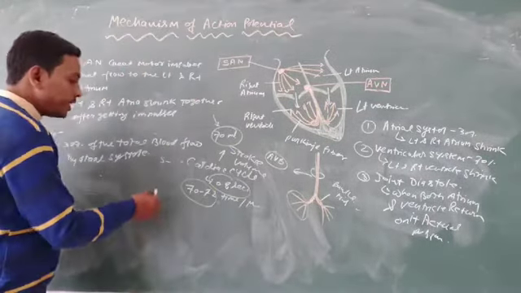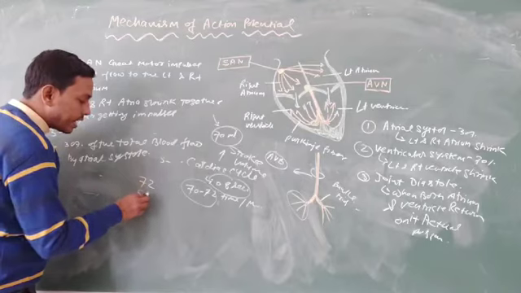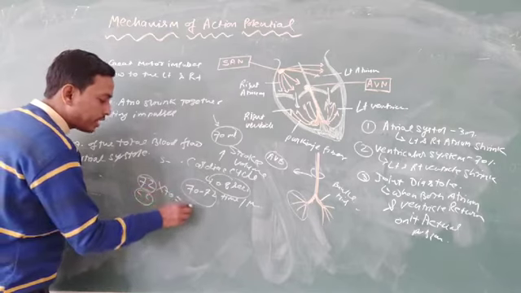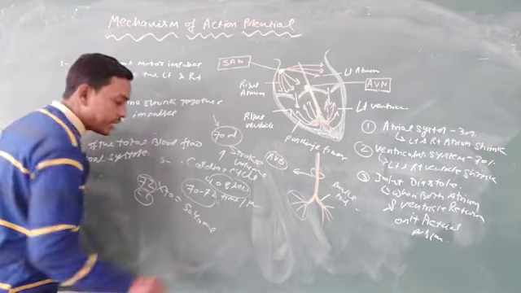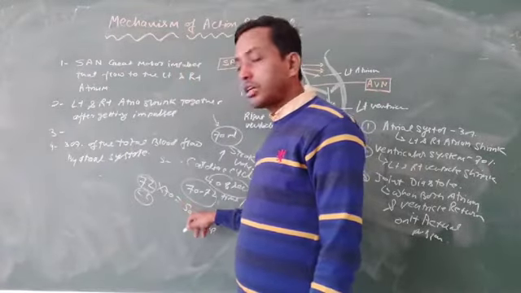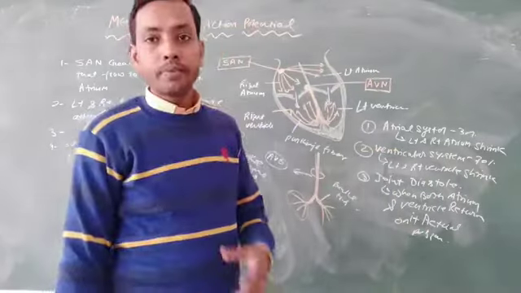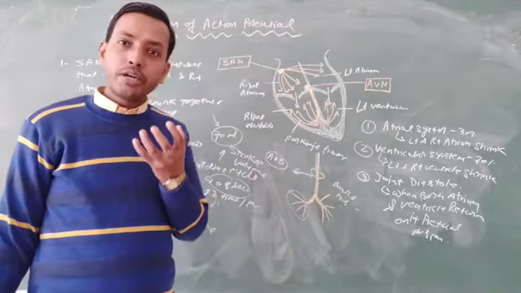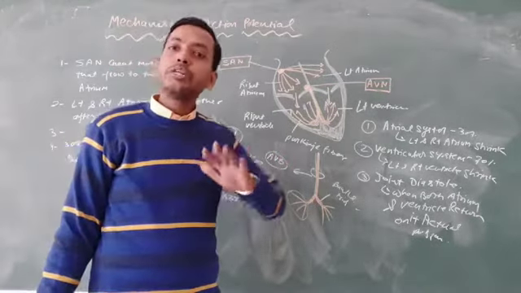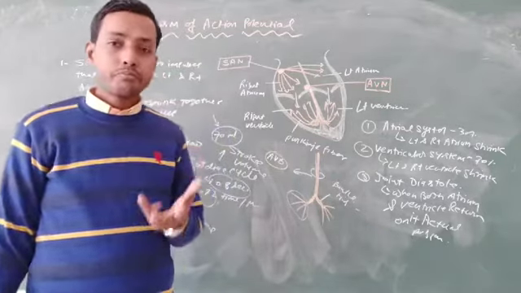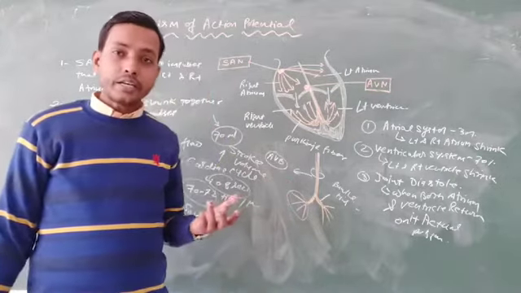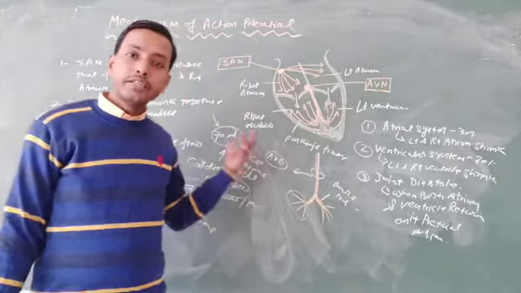Now you can calculate the total volume of blood pumped by the heart in each minute. Listen carefully. In each minute, 72 cardiac cycles are repeated. If you multiply 72 with 70, you get 5040 ml of blood that flows each minute. That is called the cardiac output. So how can we define cardiac output? The total amount of blood that is pumped from the heart in each minute is called cardiac output. So cardiac output, stroke volume and cardiac cycle are some of the important topics under this heading.